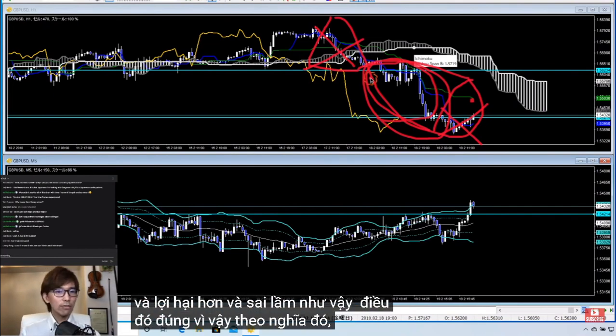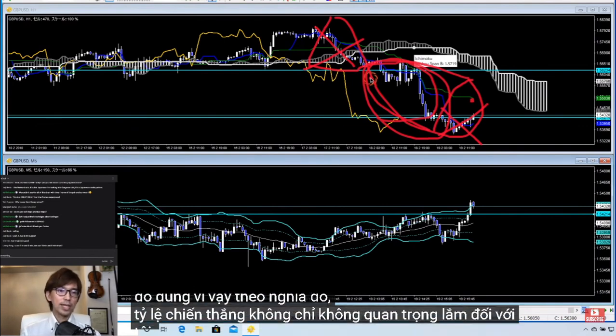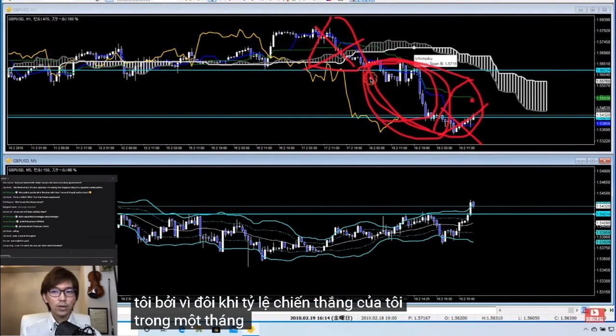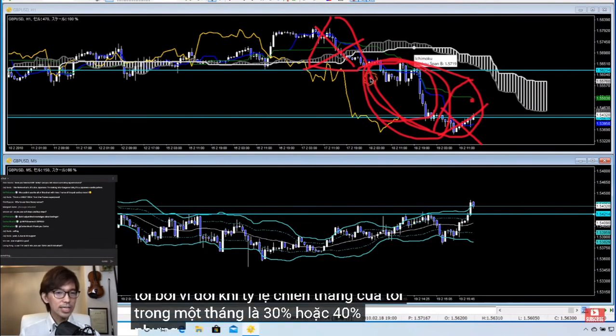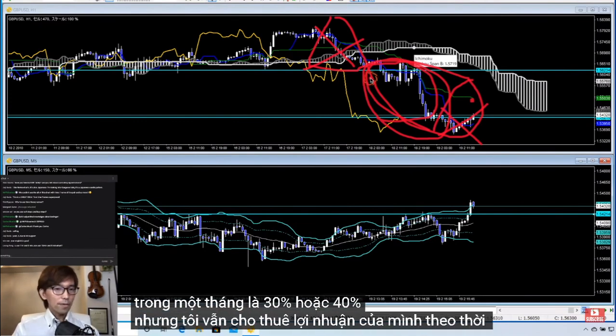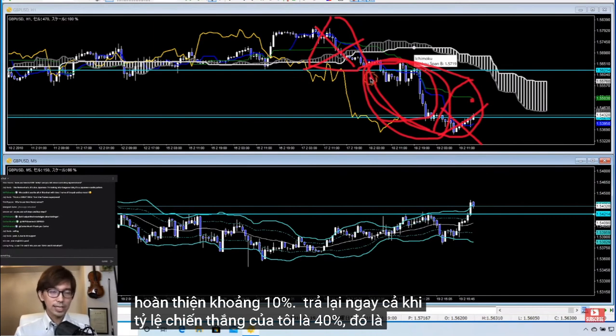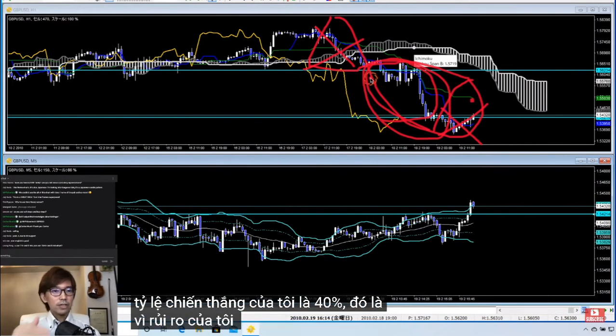So in that sense, winning rate is not that important for me, because sometimes my winning rate over a month is like 30% or 40%, but still I make profit over time. I make a profit of about a 10% return, even if my winning rate is like 40%. That's because my risk to reward ratio